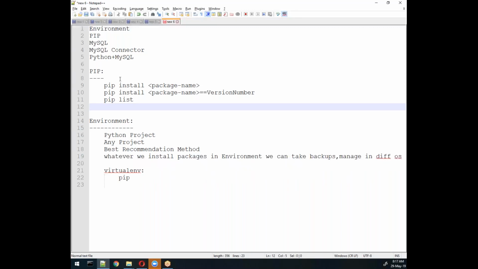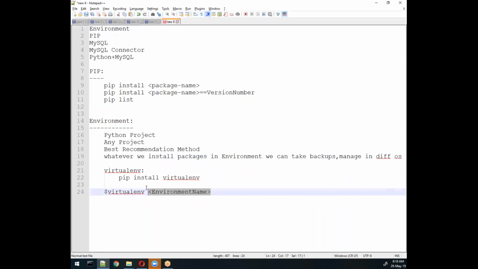So let's try with the practical thing, so it would be good for us, and then we will move to the next topic, which is MySQL and the connector. We'll just revise it. If you guys got the idea from yesterday's session, you can tell me, so I can skip it. So let's try from the beginning. First of all, we need to create one environment.